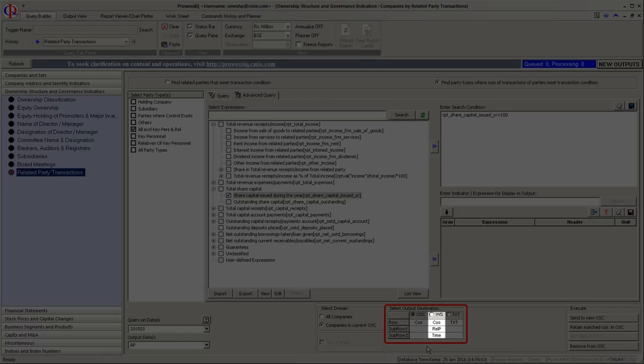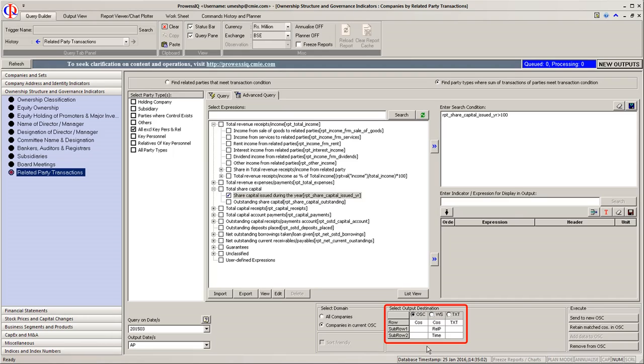The third output destination is the TXT output, which displays the same data as worksheet in a text file. The location and the name of the text file can be changed by you. The default file name is mentioned under File Name. Let us select WS as our output destination.